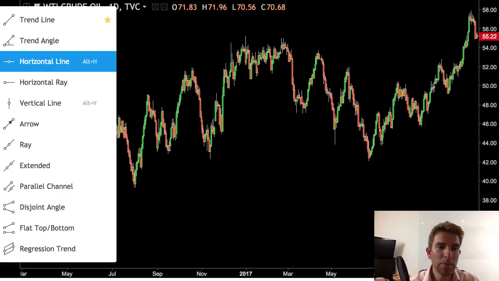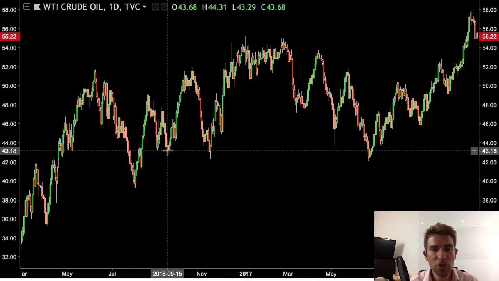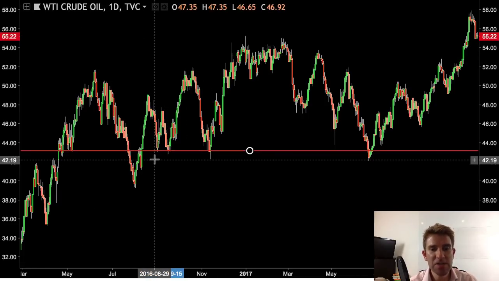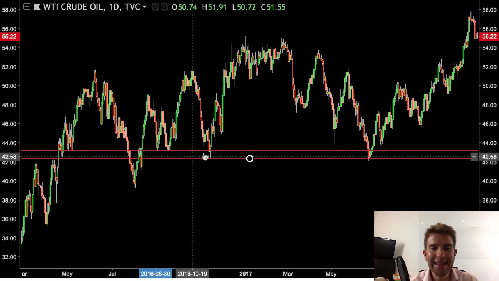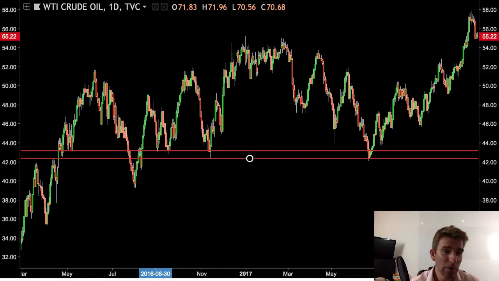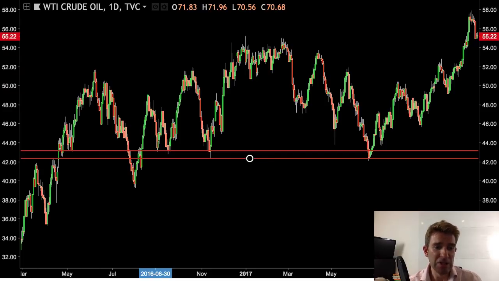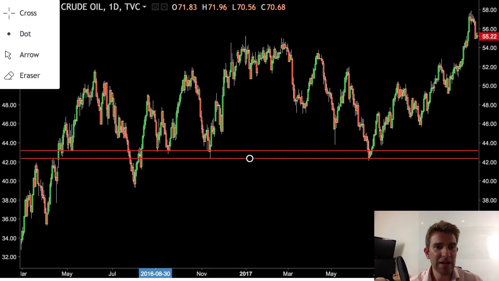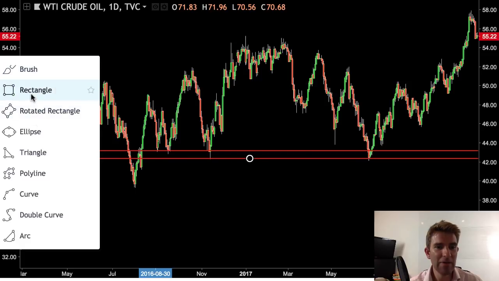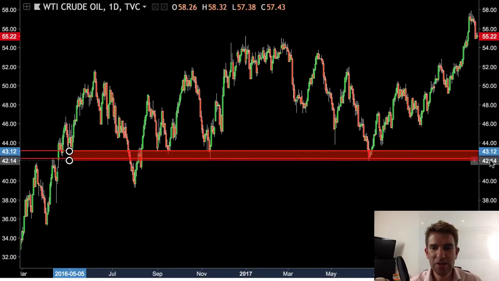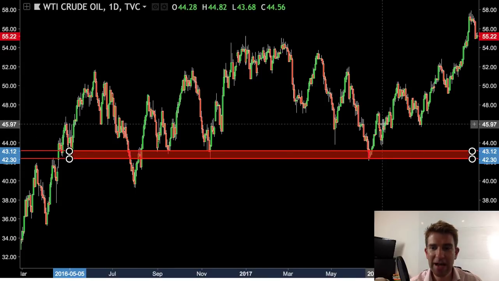So what I would prefer to do is I would prefer to either draw two horizontal lines close together like this and say, you know what, that little area, and you can use a rectangle if you want. You can draw it with a rectangle. It's the same kind of thing. It does exactly the same thing. Where are we? Let's draw it with a rectangle. Where's my rectangle on here? Here it is. We can do this and we can say, yep, there's my area,